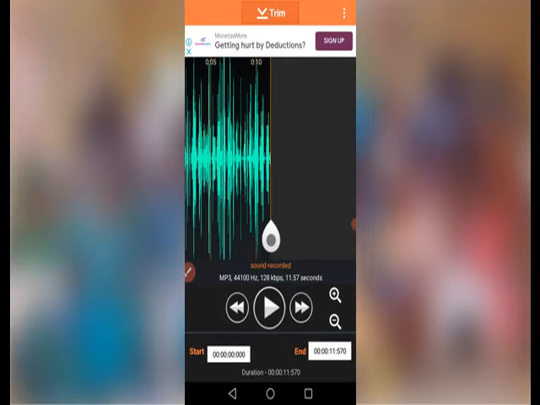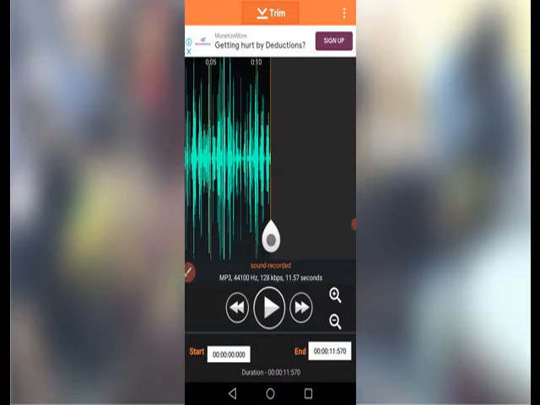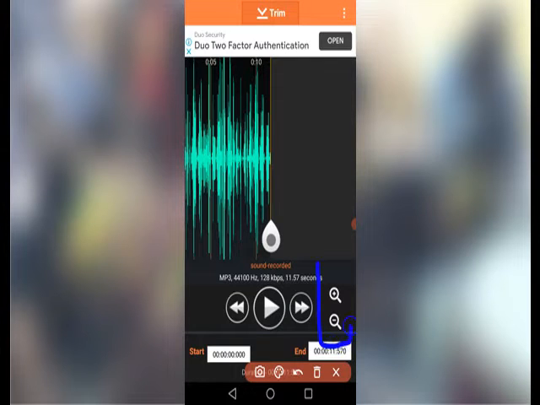Now what we need to do now is to be able to get those sections our trimming is starting from and where the trimming is ending. So for that, I'm going to zoom out this wave. How do you zoom out? Look at this maximize icon and minimize icon. Zoom out and zoom in icon, sorry. That is the button you will use